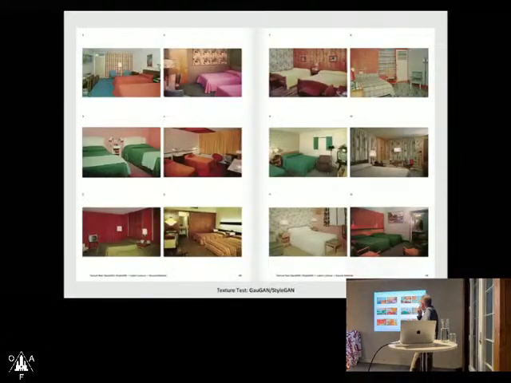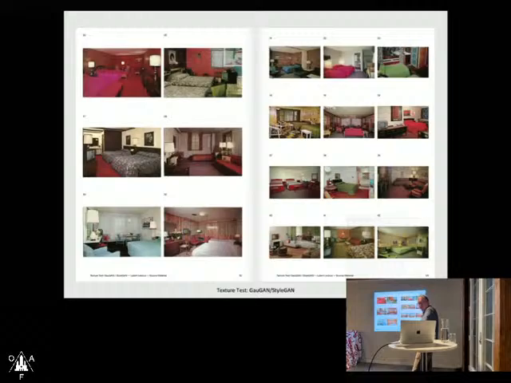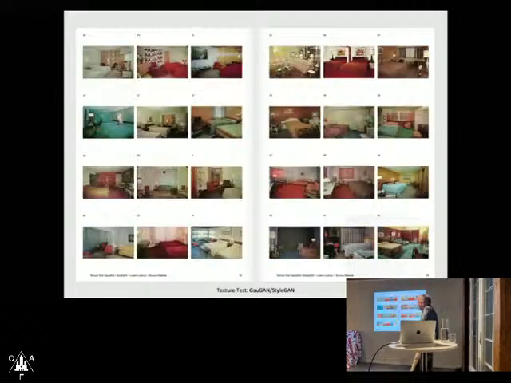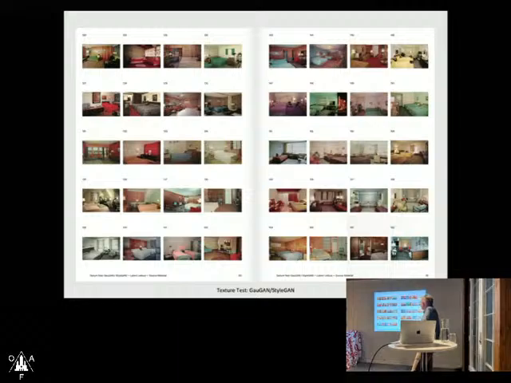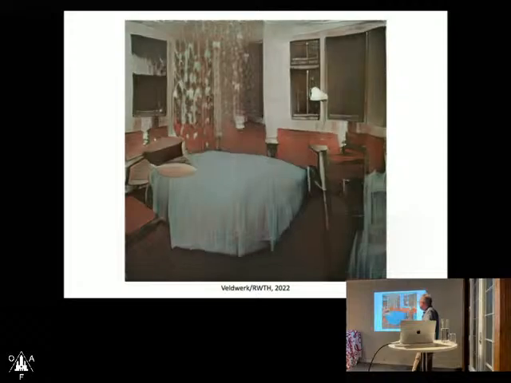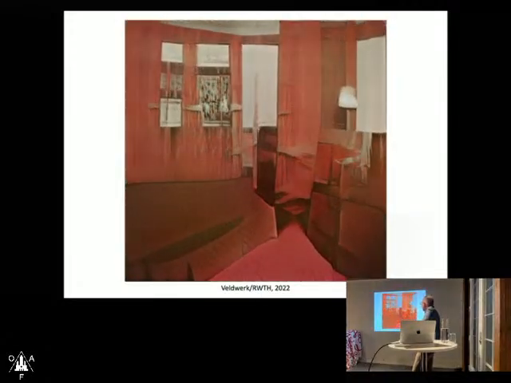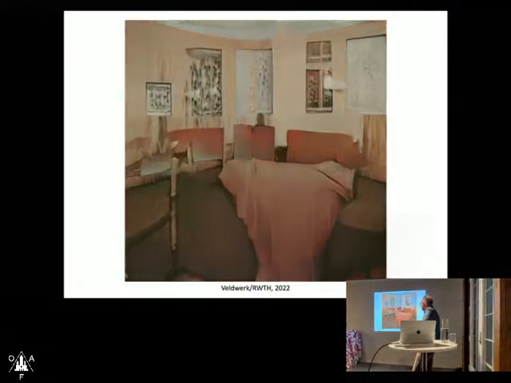So with the students in Aachen, we at that point tried to do the same, but we tried to look for more consistent data sets. So here you can see these texture press bedrooms. Jonas suggested that I should shrink the frames as I go into the book so that they get smaller and smaller. So this is a tip that I took from Jonas. And then here you can see the generated bedrooms that come out of it.